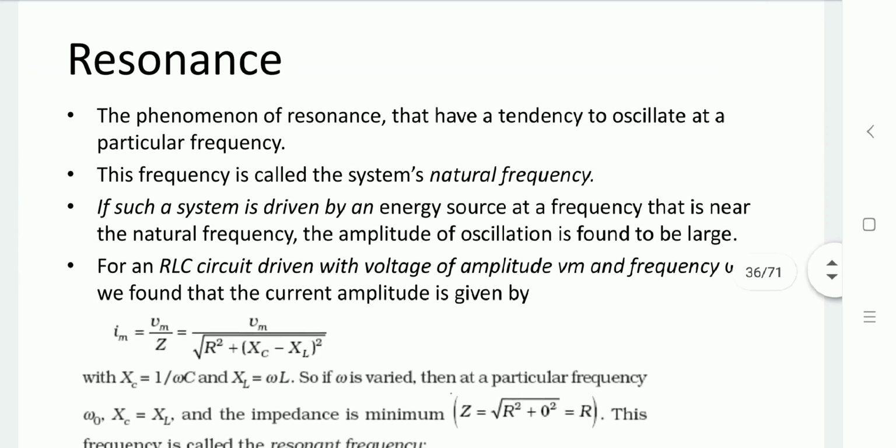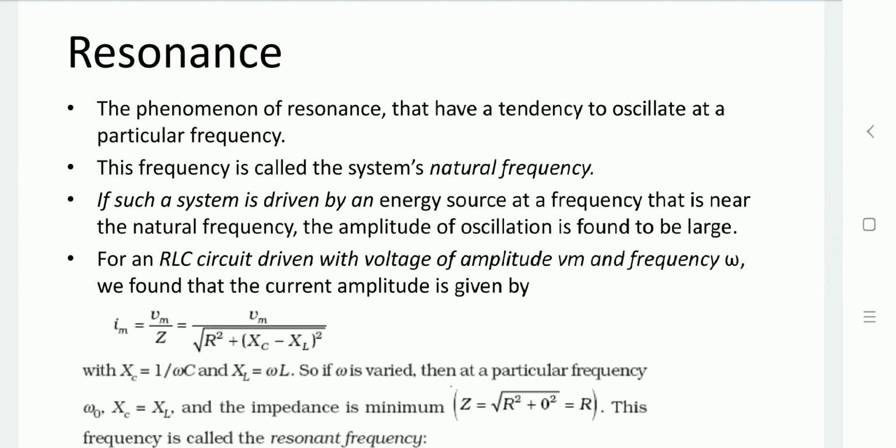Now the next topic is resonance. Resonance is basically the tendency of the circuit to oscillate at a particular frequency, and that frequency is known as the natural frequency. At that particular frequency, we are supposed to get a maximum amplitude. While we are choosing a particular frequency by combining the L and C values, at one particular frequency both effects can be together, and for the remaining frequencies the amplitude is reduced.